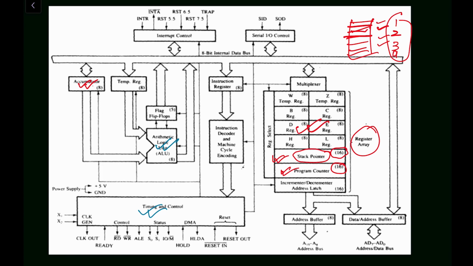It is used to hold the memory address of the next location from where the next execution is going to happen. That means it is used to hold the memory address of the next instruction to be executed. So it keeps track of the memory addresses of the instructions in a program while they are being executed. This is the main function of the program counter.